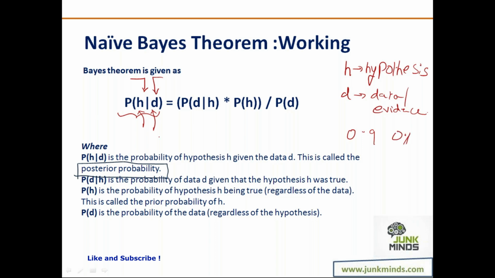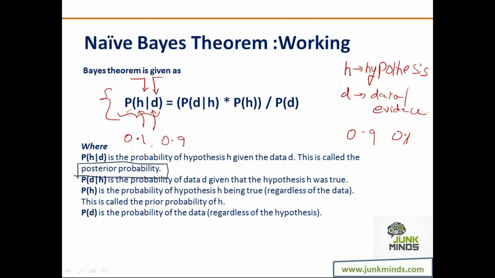Now, suppose I say the hypothesis is that it is going to rain today, and my data is that the temperature is 35 degrees, it is bright sunshine, it hasn't rained in the last 1 week, the rainy season is gone. Now my data is going very much against the hypothesis, so I'll say that the probability of it raining is 0.1 and it not raining is 0.9. So we are always calculating the posterior probability. What is posterior probability? It is the probability of the hypothesis H being true given the data D. In presence of data D, the probability of this hypothesis H being true.